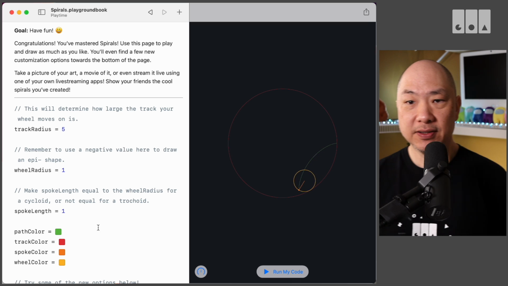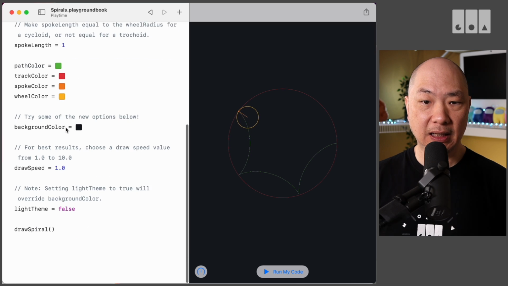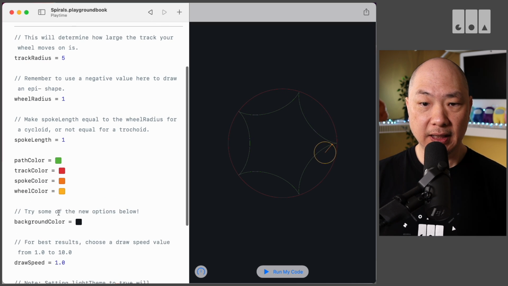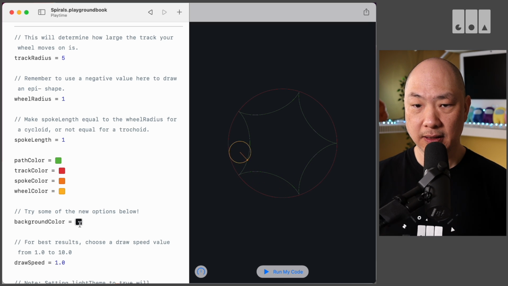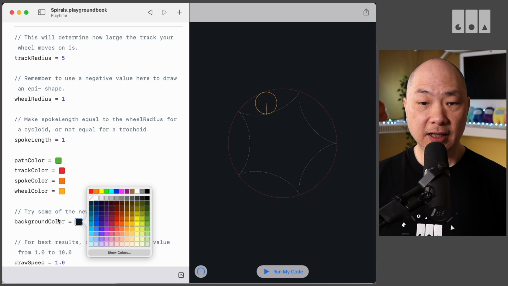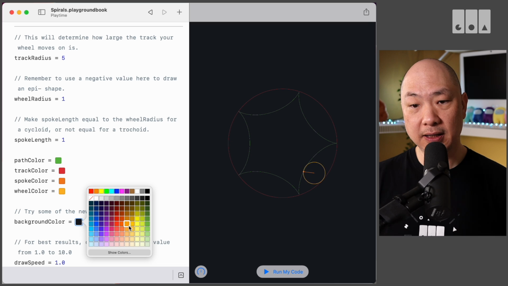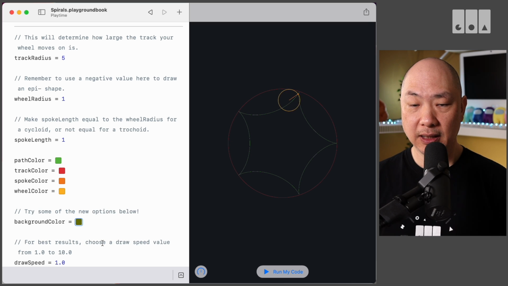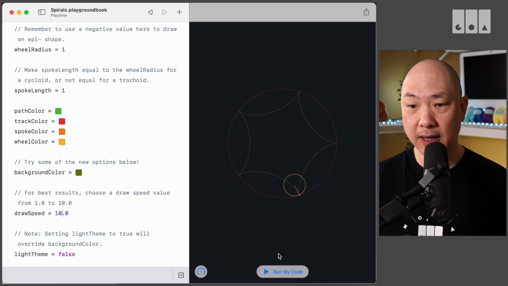So have fun. So this is the last page. So this here gives you a few more things. You can have a background color, so you can change the background color from black to something else. So to change the color, by the way, you can click on the color and then it comes up with this color selection here. So we can make the background, let's make it a dark green, for example. And then you can have the draw speed. So you can have the draw speed increase too. So if we can go 10,